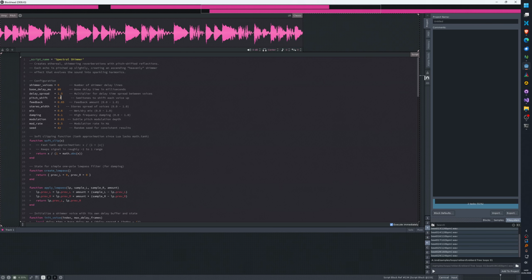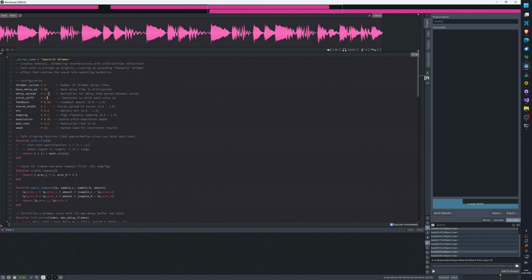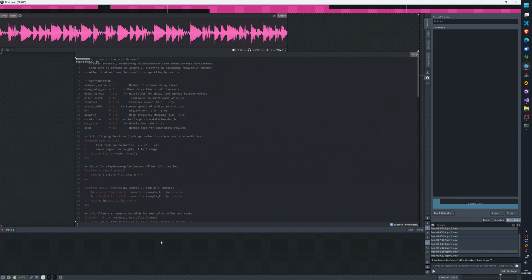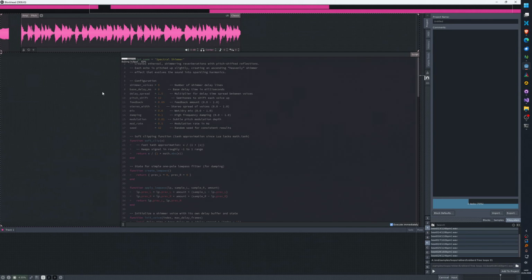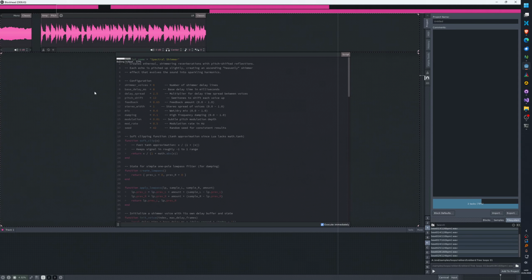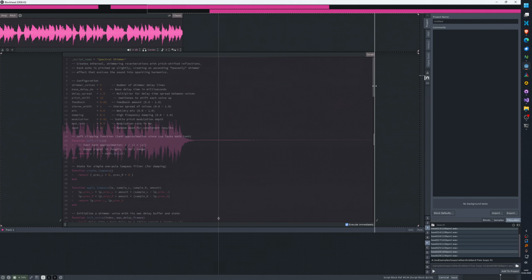Pitch shift. It's good. It's actually good. I wonder where it got this from. I wonder where it stole it from, I should say.